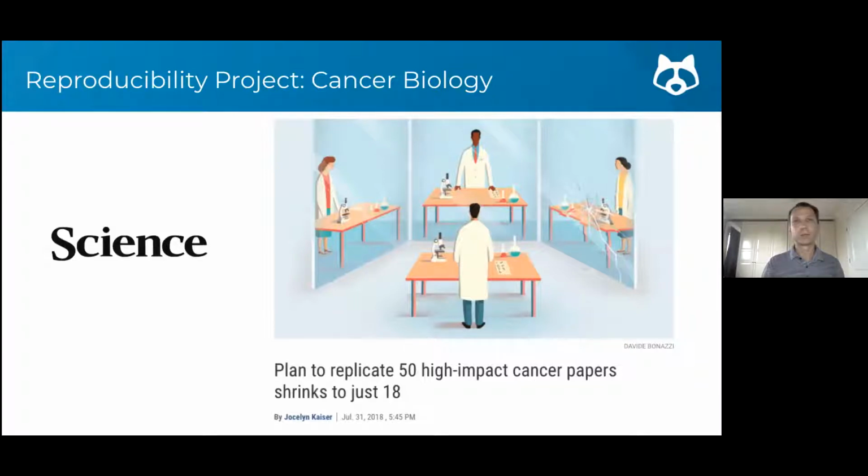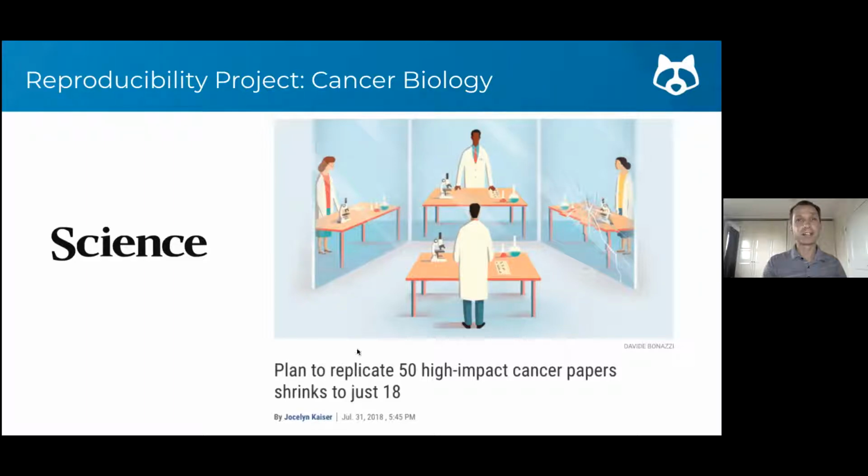I think it was a $1.5 million effort to independently replicate 50 high-impact papers in cancer biology. And the project actually finished early because, to a huge degree, of the challenges with reproducibility that we'll talk about on the next slide.